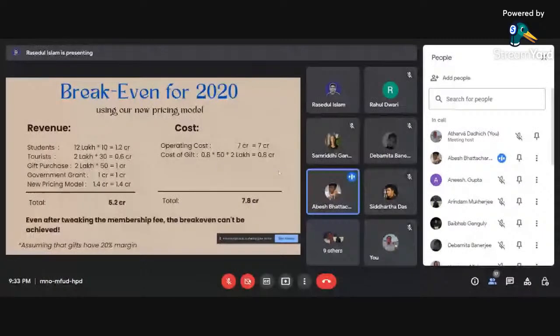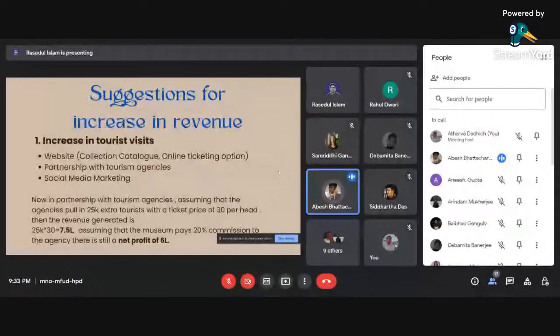So, suggestions for increasing revenue. The first one: we have to increase the number of tourist visits. For that, to attract tourists, we would like to set up a website of the Arts Foundation, which has a collection catalog, and give them the option of online ticketing. And we can partner with as many tourism agencies as we want, and then social media marketing, as we all know,